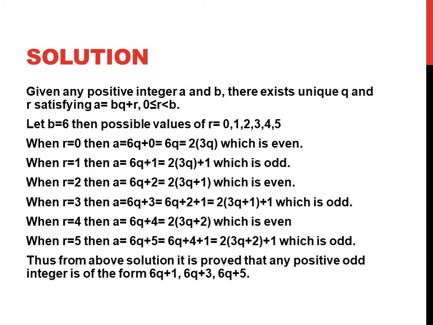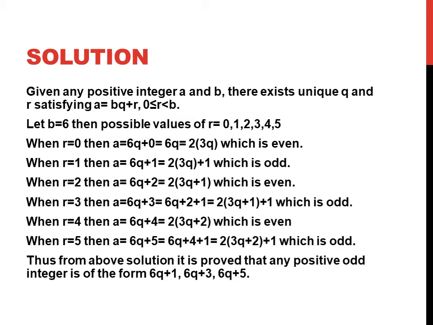Now we will assume the value of b equal to 6. Then the possible values of r become 0, 1, 2, 3, 4, 5. There are 6 possible values of r. So case 1 is when r is equal to 0, then a is equal to 6q, which is even as it is a multiple of 2. Now the second case is when r is equal to 1, then a is equal to 6q + 1